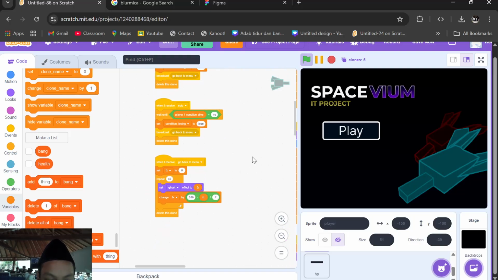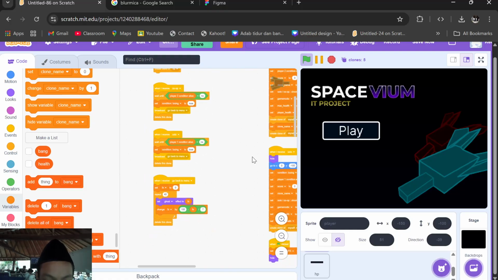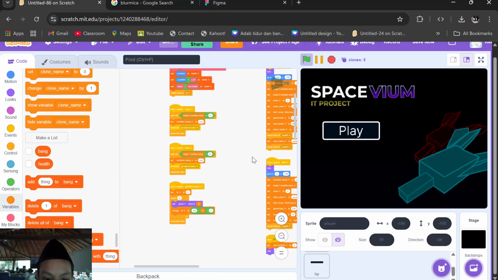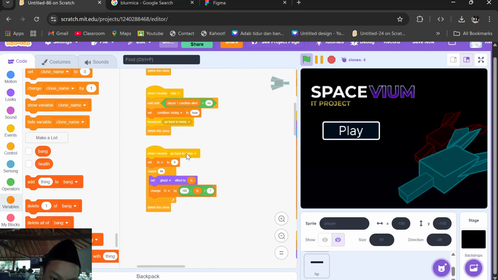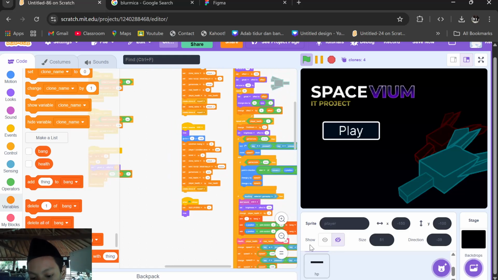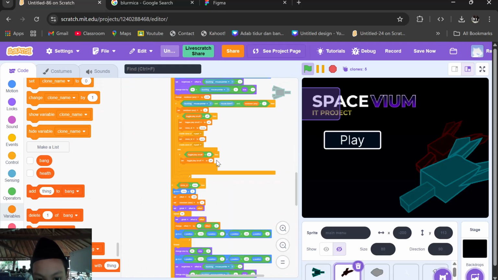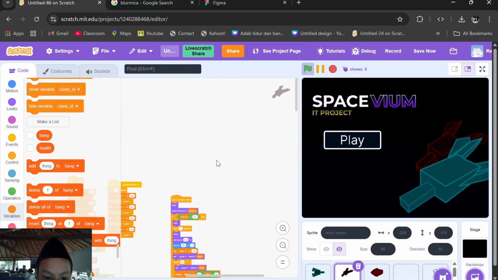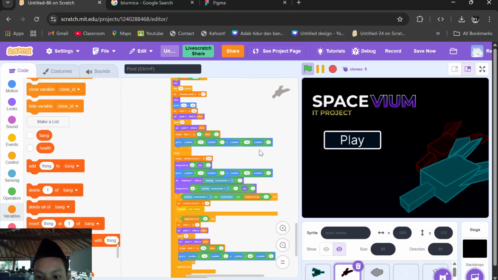If player 2 dies, then player 1 also automatically dies. When I receive go back to menu, it makes an effect to slowly disappear. And now we get back to the menu. The menu is a little bit long, but it's all for the effect.